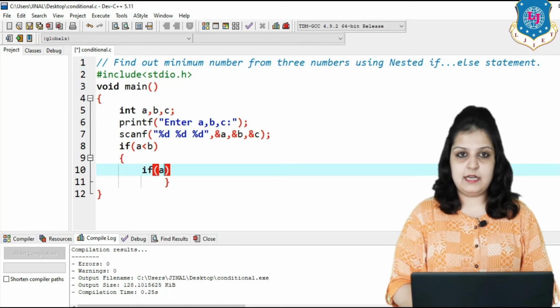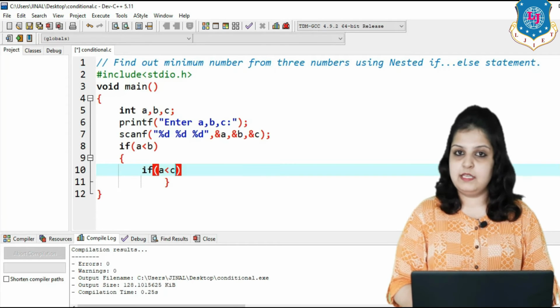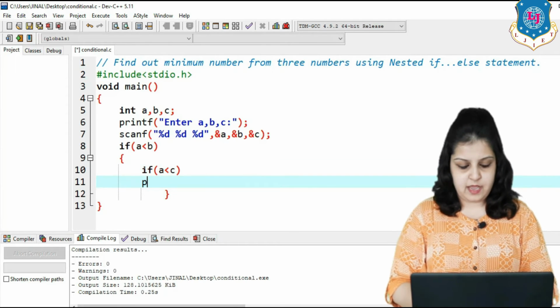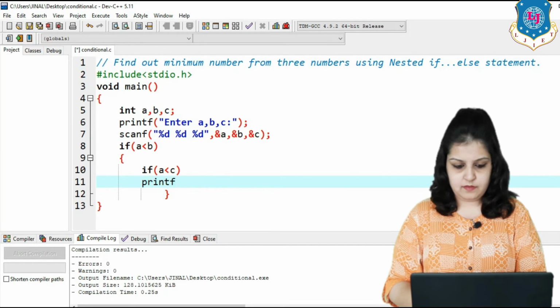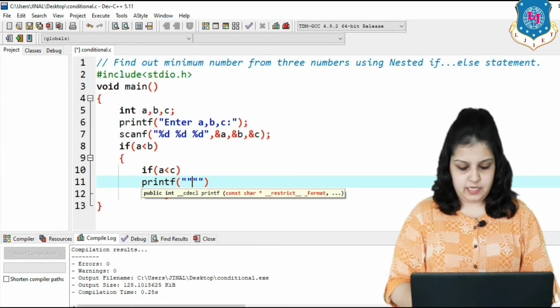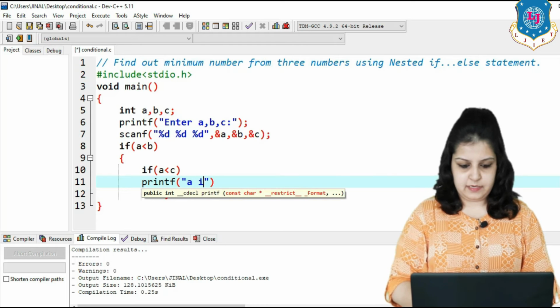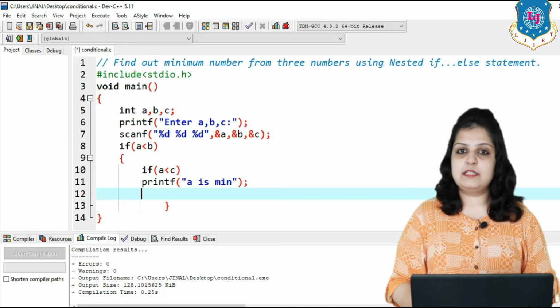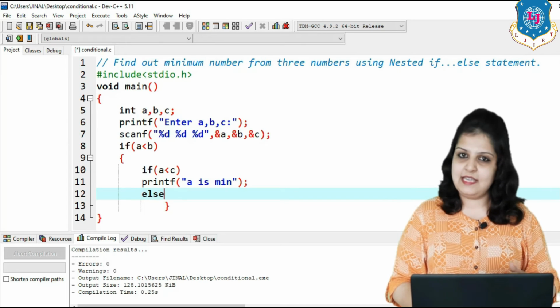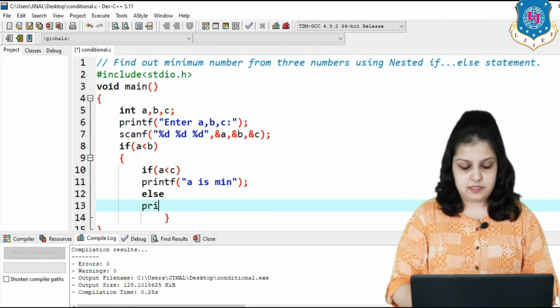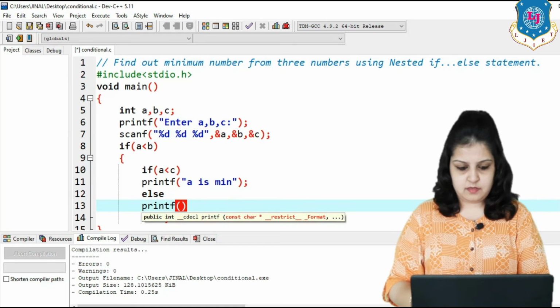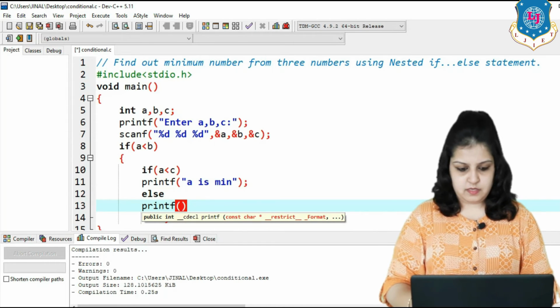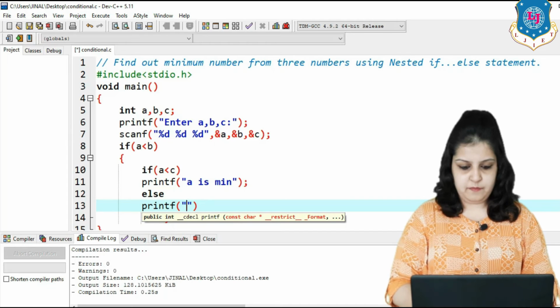If yes, then simply printf a is min. And else, if this condition becomes false, then c is min. So write printf c is min.